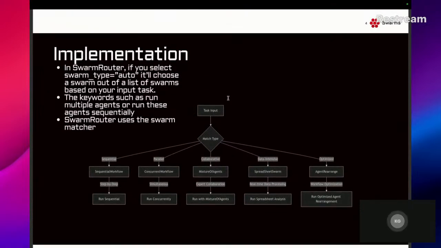Now, how does this work on an implementation level? And I'll show you how to do it. It's also super easy, okay? It's literally one line of code, but I want to show you how it works so you have a little bit more contextual understanding of what is fundamentally going on here.